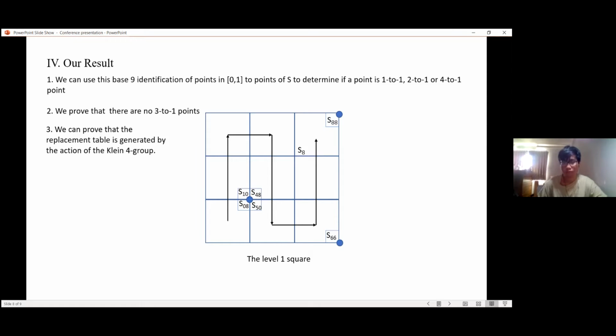And you could say that the 2-to-1 points, there are as many of those as there are real numbers. But every 2-to-1 point lies on a triadic line. And then finally, you could say most points are 1-to-1 points. And if they ask you, what do you mean by most? You could say topologically, or you could say it's a residual set.